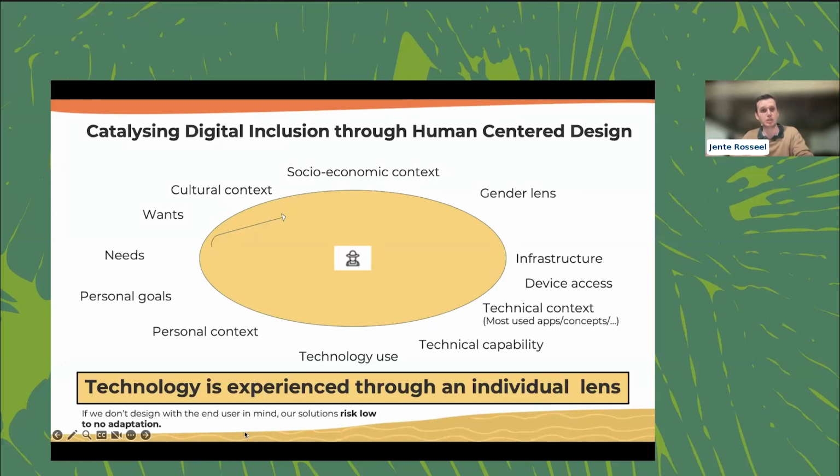Because if we don't design with the user in mind, we end up risking low to no adoption, which defeats the purpose. So that's sort of what we're trying to do with human-centered design. What I want to talk about a bit in the time I have left is how we now generally do that process. And in the next slide, I've laid out broadly how it worked for this specific